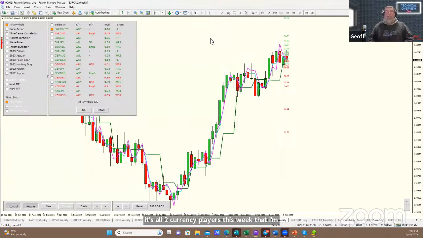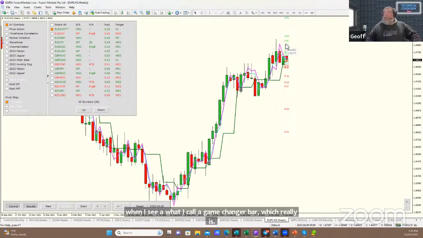What I'm looking for here is a weekly change of direction. Now, as primarily a range trader, I'm looking for price to come to a resistance level or a support level and bounce off it. So when I see what I call a game changer bar, which really is